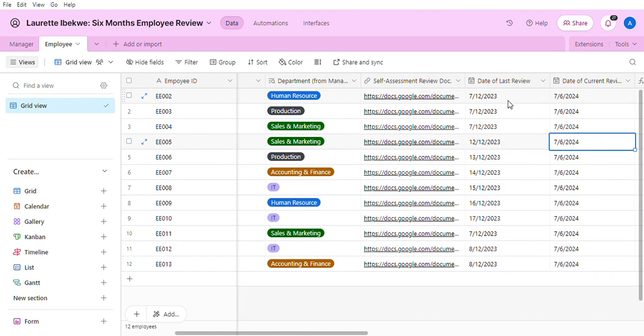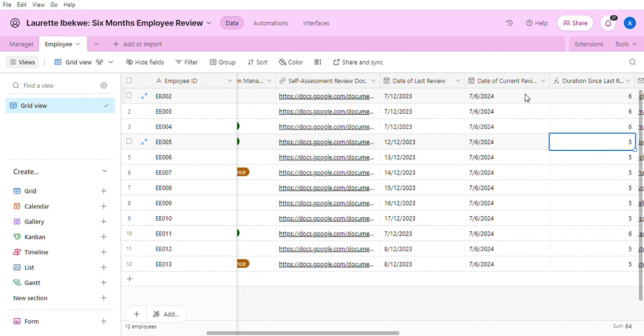Then we have the date of the last review and the current review. And the current review was fixed to be the current date, because we need the duration for the automation to be triggered to be 6 months. And for this to happen, we made the date of the current review the current date. So that means that